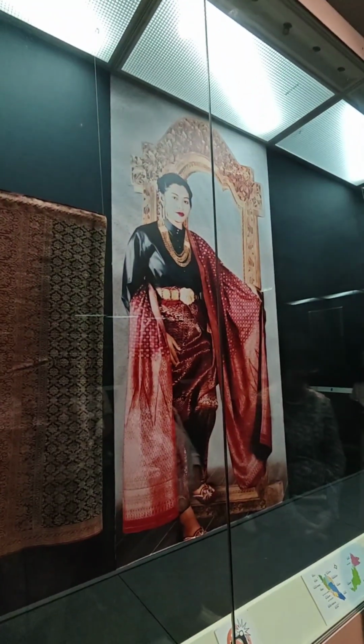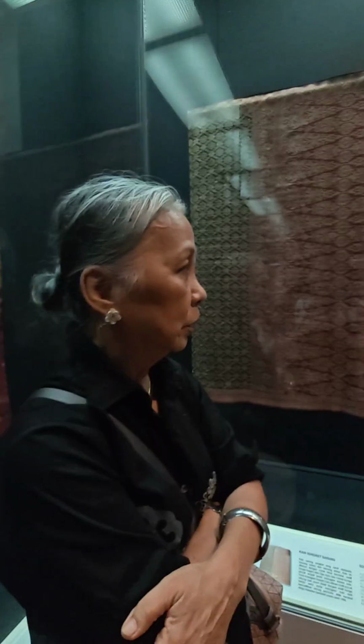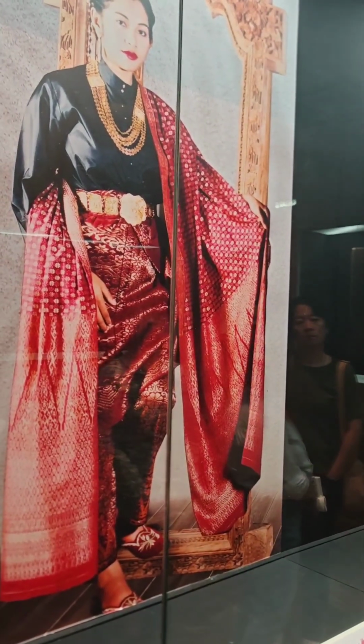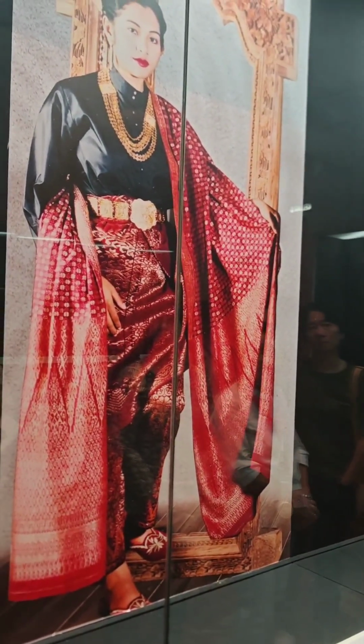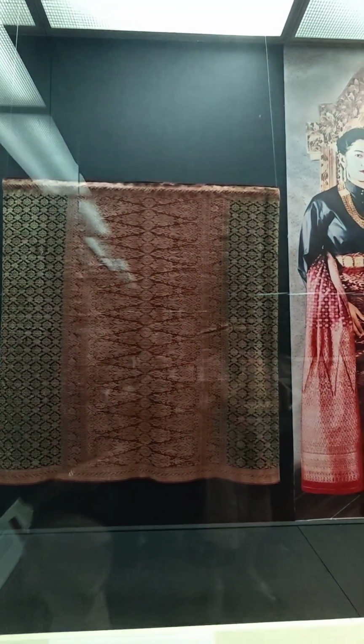So you can see this model is actually dressed as Cik Siti Wan Kembang, the legendary princess of Kelantan. So they have all adorned in batik with the selendang and also the sarong. And like I mentioned in Malay textile, the pucuk rebung is